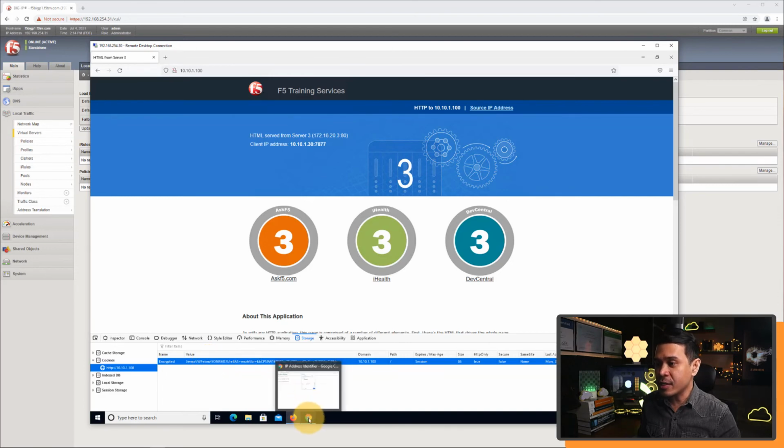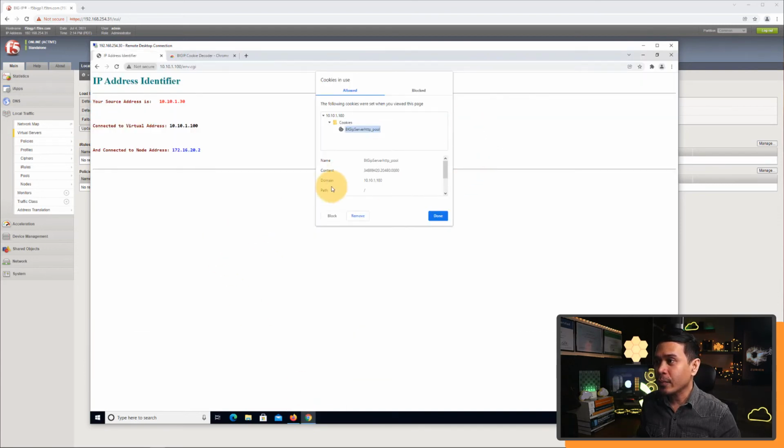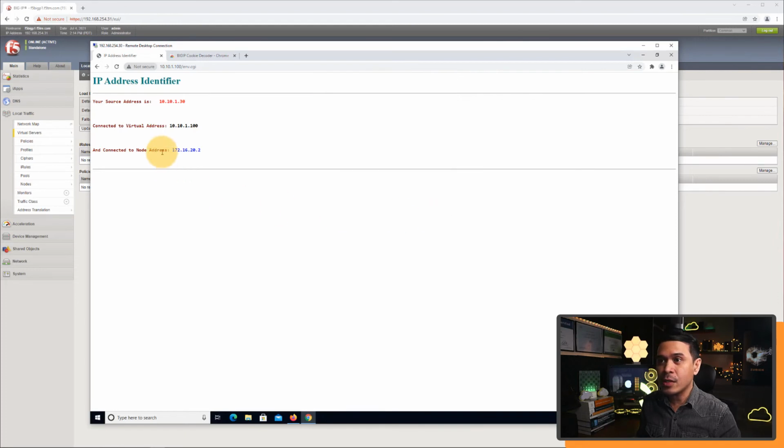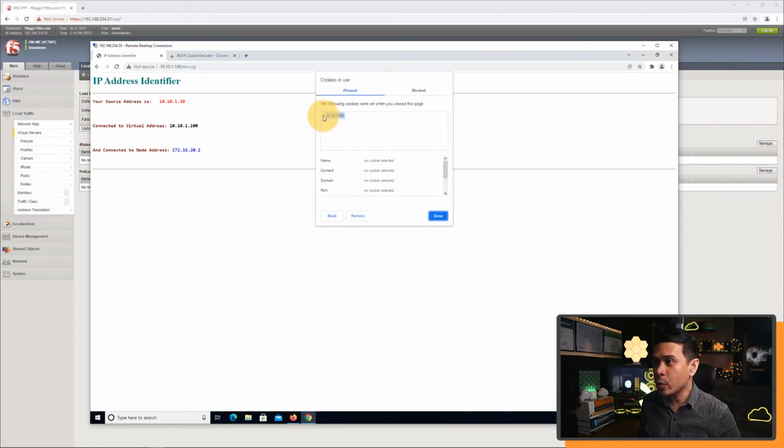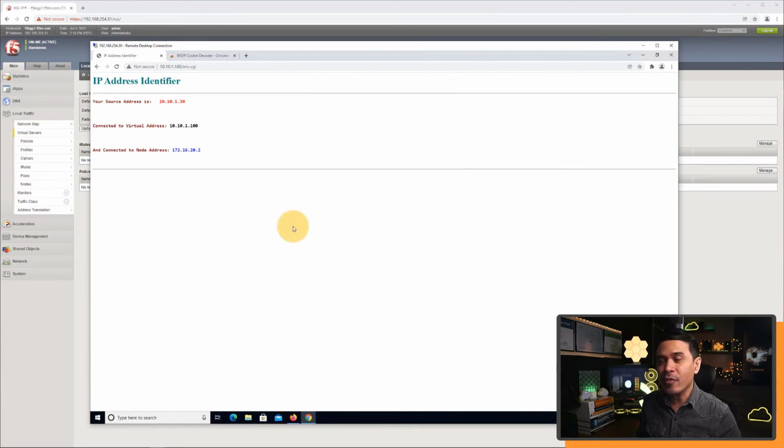Now, to verify this further, we need to go to the other web browser. Okay, this is the Google Chrome. And I'm gonna hit refresh. No, before I do that, let me delete this cookie. Okay, so this is the old cookie. I'm gonna remove this, okay, because we just want to verify the new cookie named Encrypted. I'm gonna hit refresh, and as you can see, it changed the node address to 20.1, okay, because again, this is a new cookie persistence. And even if I hit refresh multiple times, it will stay on that specific pool member or server,